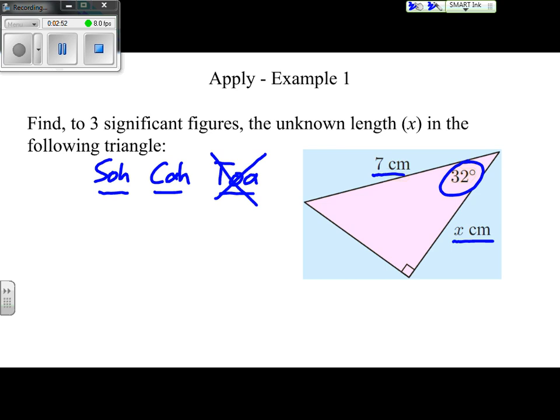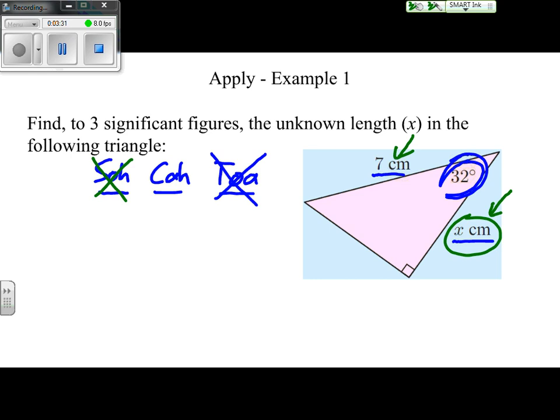So I like possibly sine, I like possibly cosine. Now I need to look at the other side. Going back to our 32-degree angle, we have this other side labeled x. If it was across from it, we'd say it was opposite, but I don't know that side. So we need to think about what it means when it's next to it, and that's the one we call adjacent. So we have sine, which has opposite and hypotenuse. Well, we have a hypotenuse, but we don't know the opposite side, so we're getting rid of that one. And then we're left with cosine, which is adjacent and hypotenuse, and that's exactly what we have. We have the adjacent side, which is x that we're trying to find, and then we have the hypotenuse,